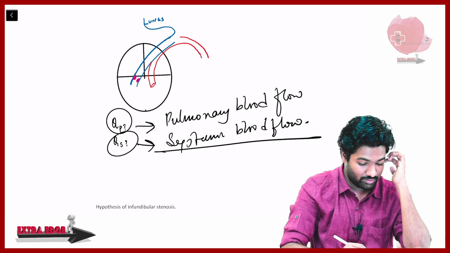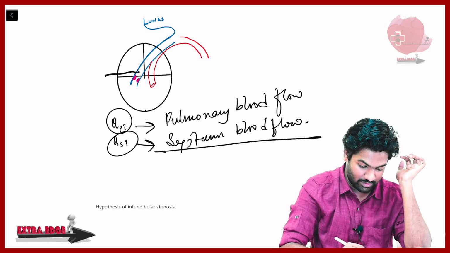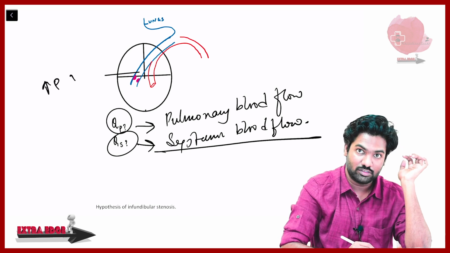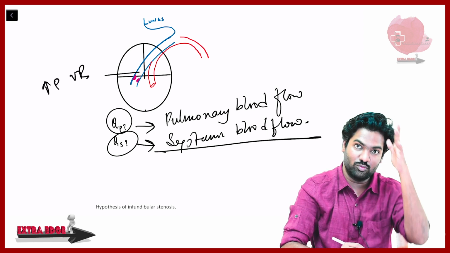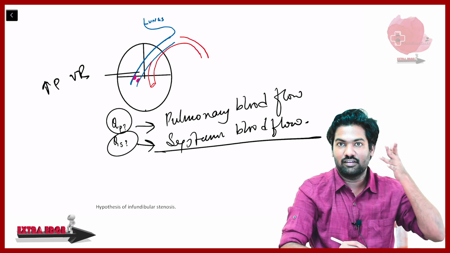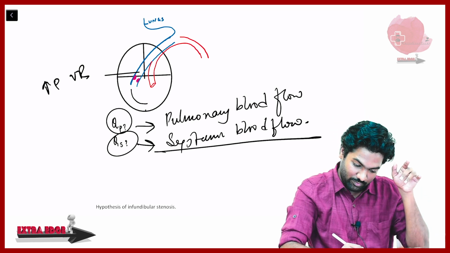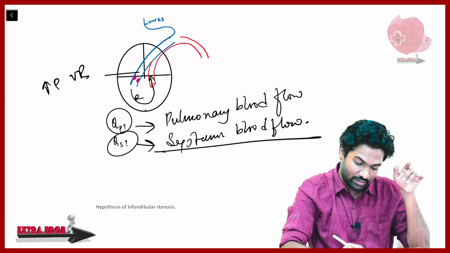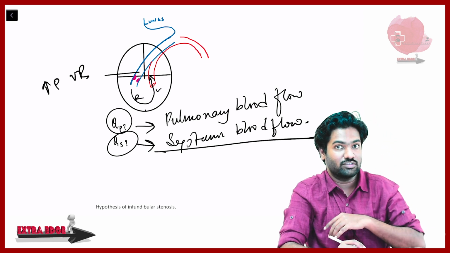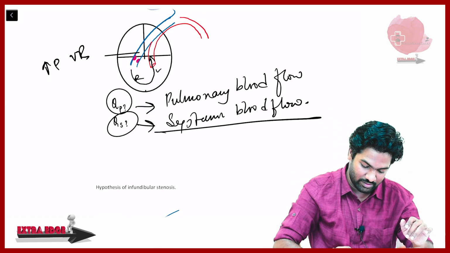Now imagine the stenosis, the pulmonary vascular resistance, is too much. Then the blood can't go into the pulmonary artery from the right ventricle, so the blood will start shifting again from right to left, and a right to left shunt occurs. That's when the cyanosis worsens. Now we'll see this again in detail.